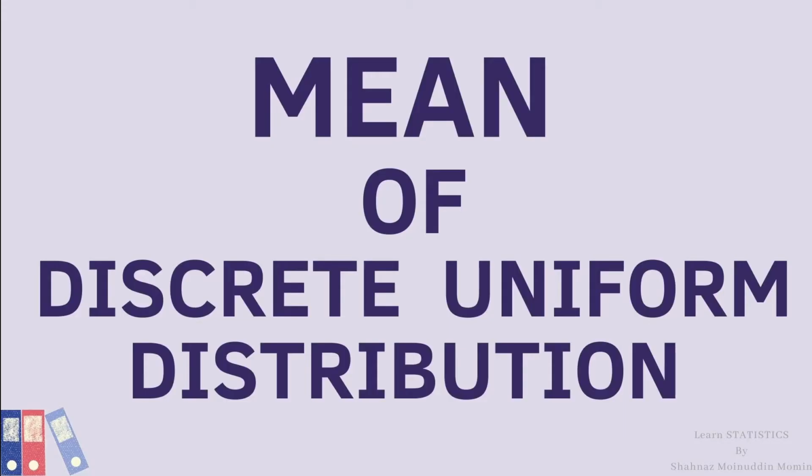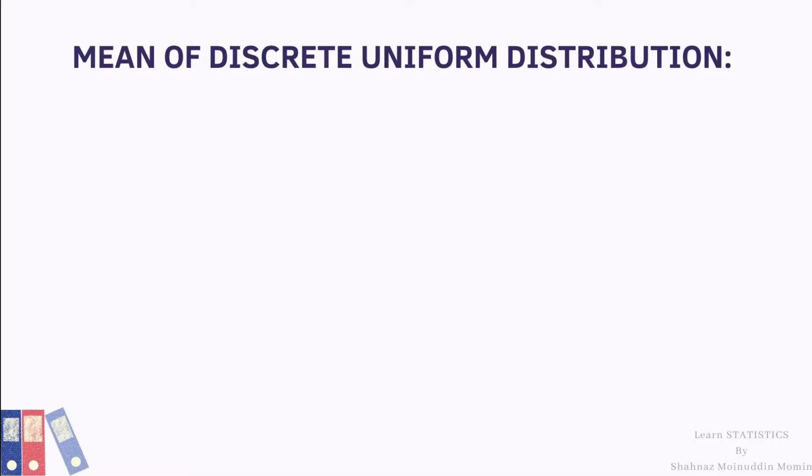Now we shall start with the third point, mean of discrete uniform distribution. We know that mean is obtained by the mathematical expectation of X, which we have learned in the earlier lecture. If students want to learn the mathematical expectation and examples on mathematical expectation, then click on the I button at the top right corner of the screen, and the link of that lecture is given in the description box, which is equal to summation x_i into p_i, i equal to 1 to n.